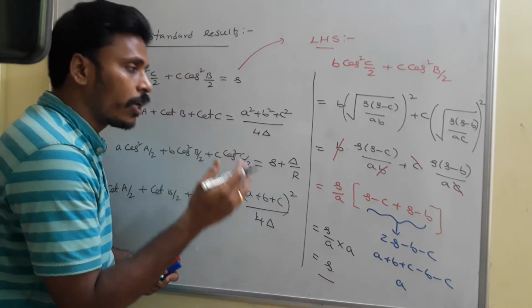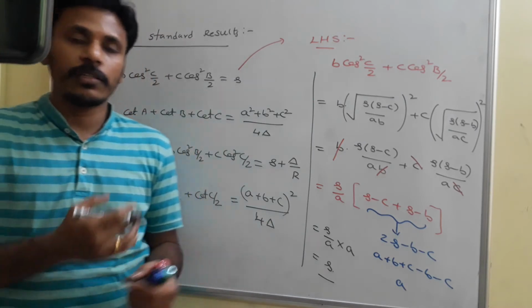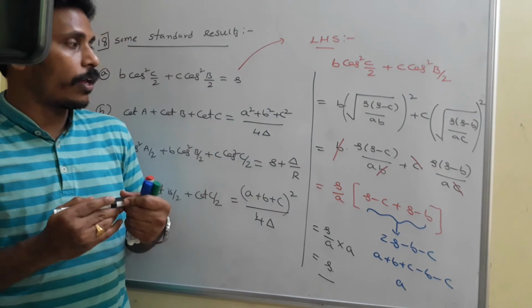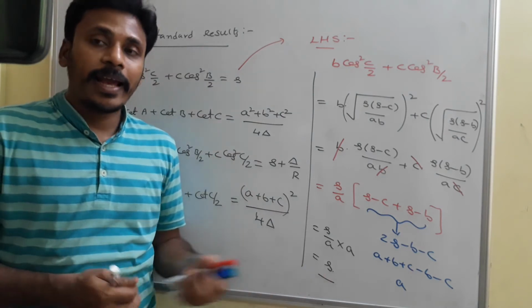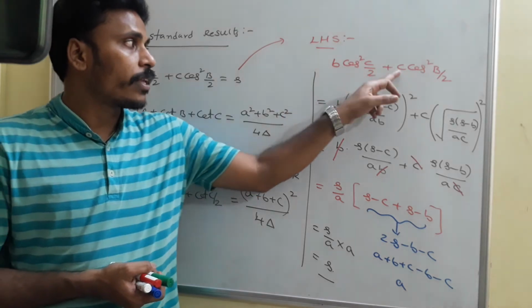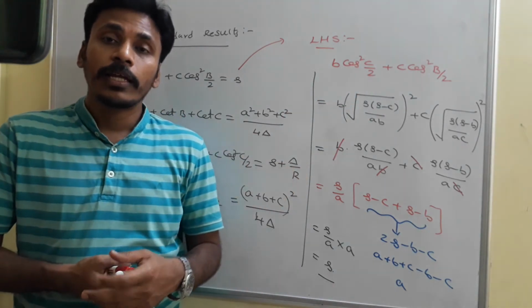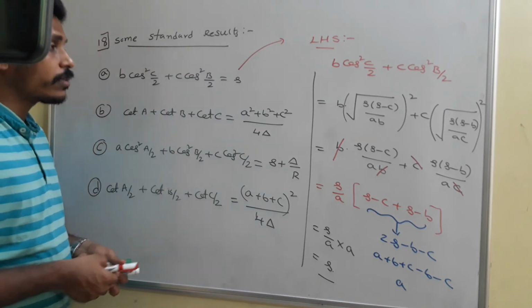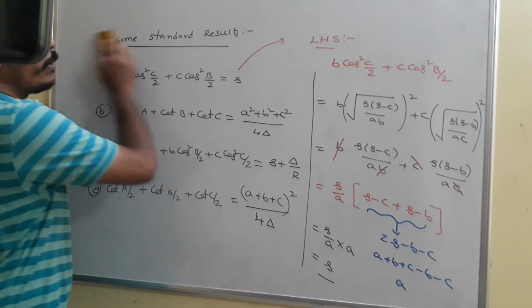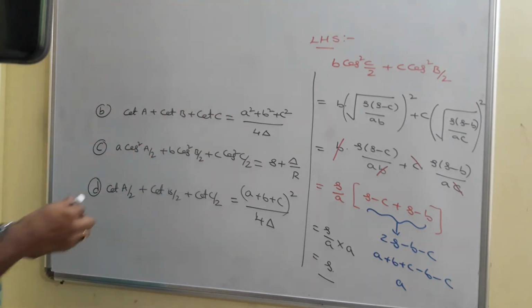Simply by using Heron's formula and with the proper simplification, we are left with b cos square c by 2 plus c cos square b by 2 as s. Again, just observe the symmetry, how it happens: BC, CB. And similarly, if you have related to A, that means not only this b cos square c by 2 plus c cos square b by 2, further again we have different chances to show it as s.